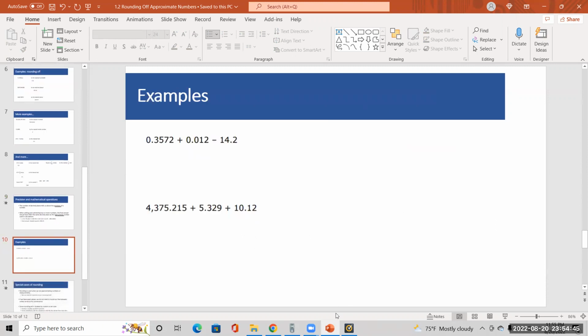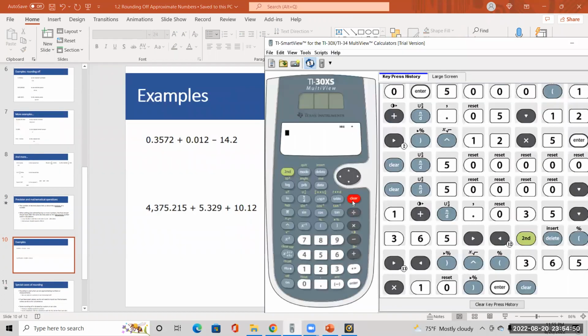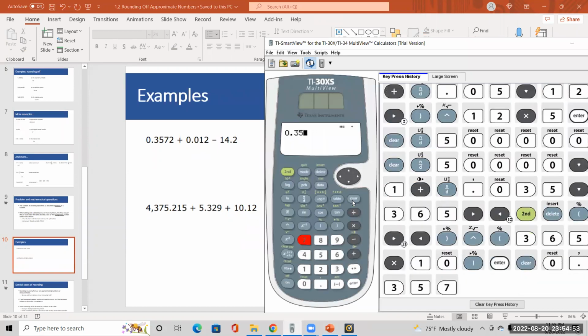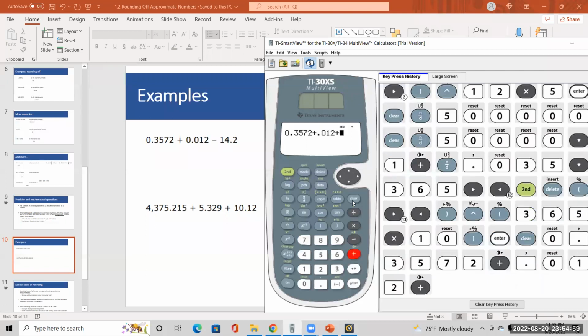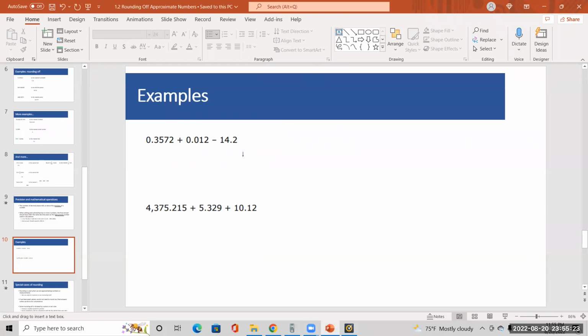For example, we can just plug these directly in our calculator, but we don't want the calculator to lie with rounding. We have 0.3572 plus 0.012 minus 14.2. And that's going to give us negative 13.8308. But we see that 14.2 has only 1 decimal place. So we need to round this to only 1 decimal place to give us negative